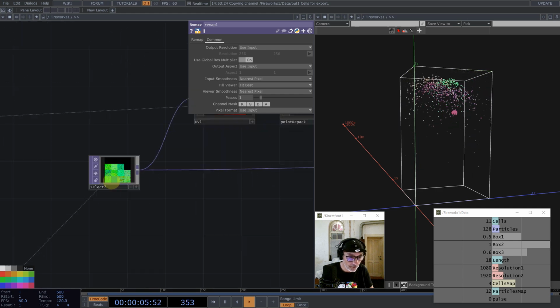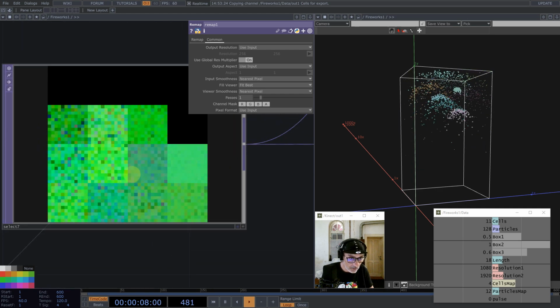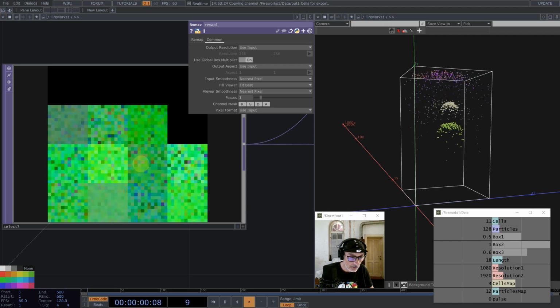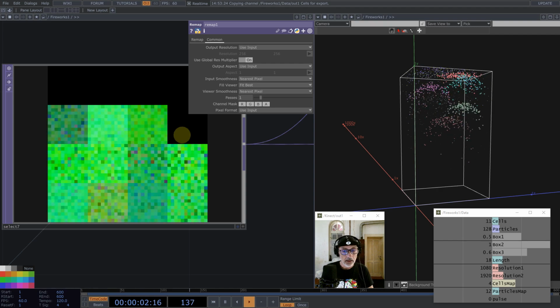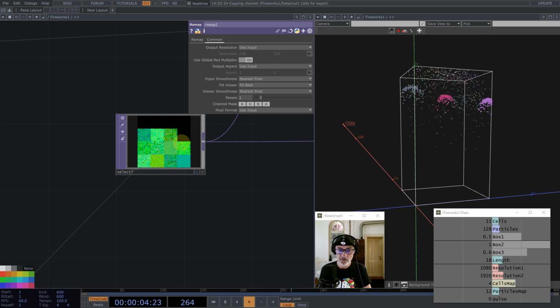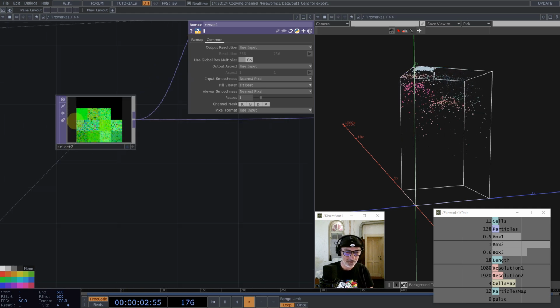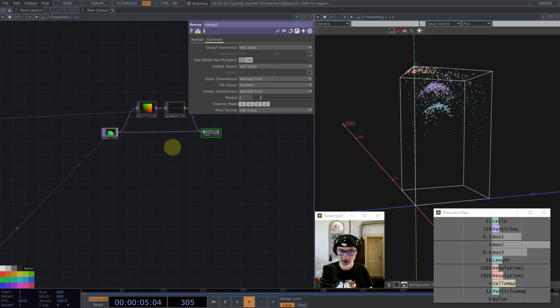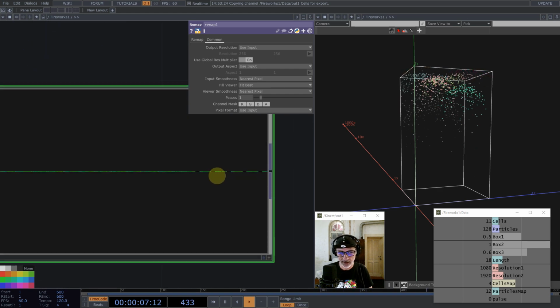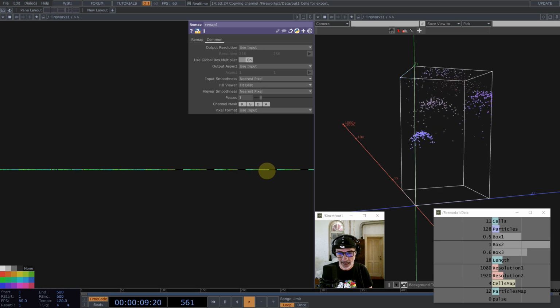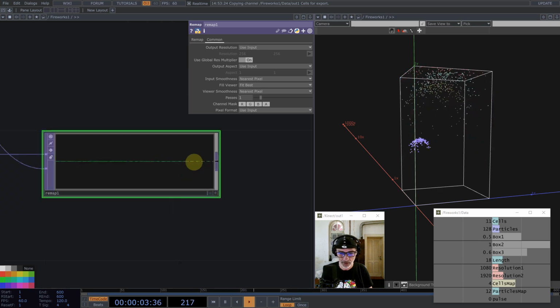Okay. I just discovered a little issue, and yeah, which I didn't notice in the beginning. You see those black pixels,